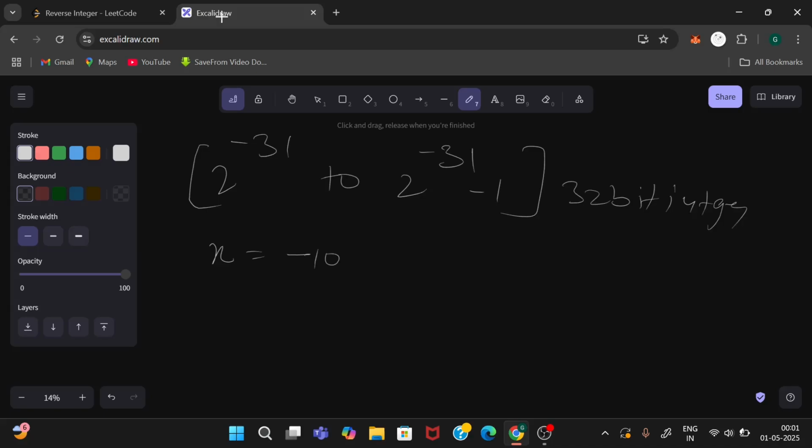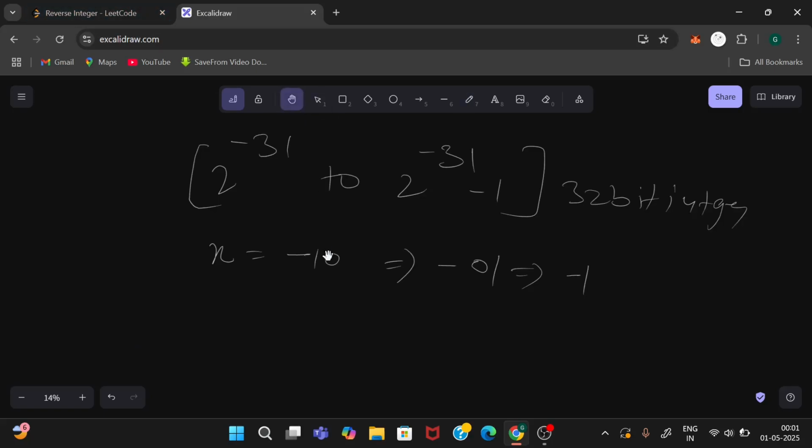What is the reverse of it? The reverse will be minus 01, but we know a 0 at the left means nothing, so it would be minus 1. We have to take a look at these two constants and then solve the question.